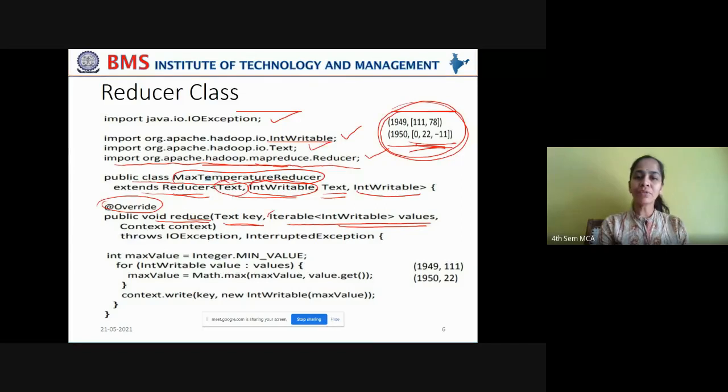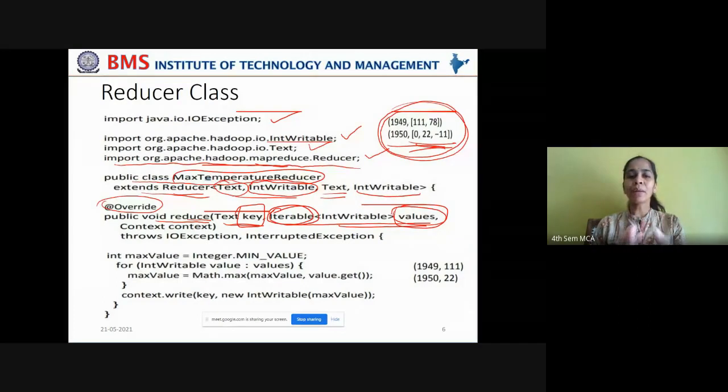For that, you are using Iterable IntWritable. Why have you taken IntWritable? Because all these air temperatures are integers and they are a list of values, and you have to go through each element of this list. That is why you have taken Iterable. Okay, Iterable IntWritable. And what is the variable of this type? You have taken it as values. Here you have taken it as key, and the list of air temperatures you have taken into values.